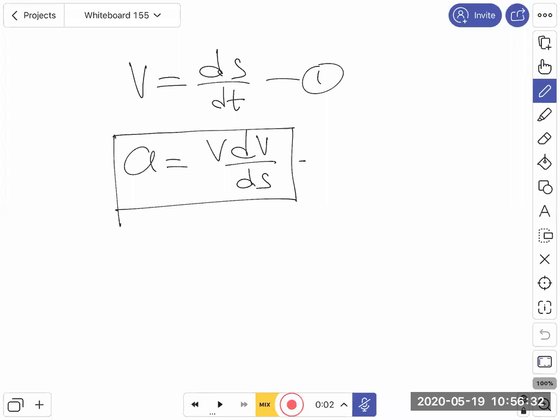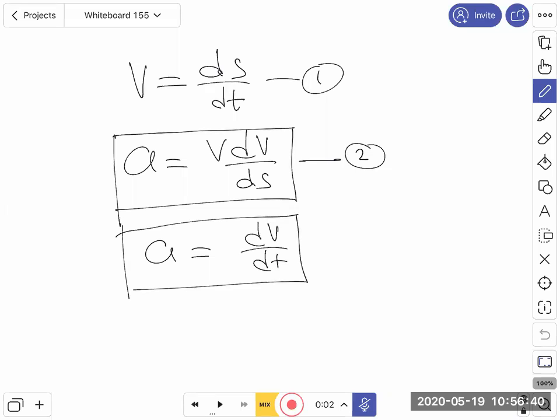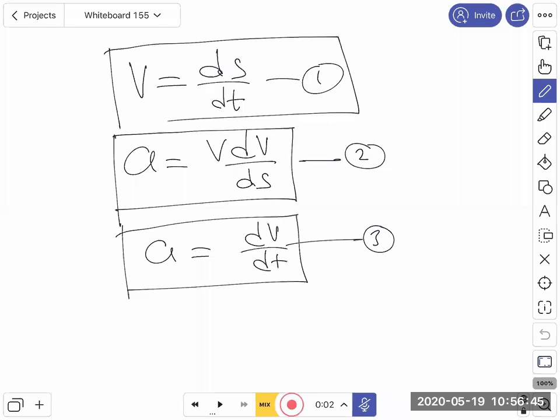So this is the second differential equation, and one more equation is a is equal to dv divided by dt. So normally we'll use these equations if there is a non-uniform velocity. Okay, so I'll send some questions related to this motion in one dimension and these equations of motion.